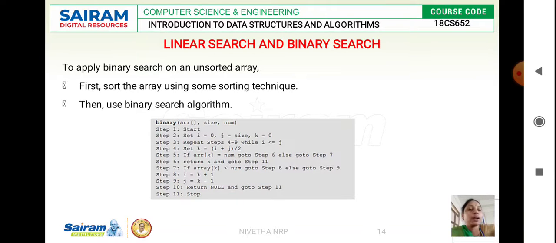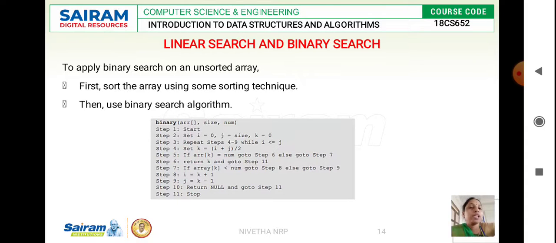So here is the algorithm for that. First we start with the array and initialize i and j. i is equal to 0 and j depends upon the size of your array, and k is the element we are searching. So i is the starting value and j is based on the size of the array. To find the middle value we use the variable mid, which is (i + j) / 2. (i + j) / 2 will return the middle value, and we take the floor value. If it is 4.5, we go with 4.